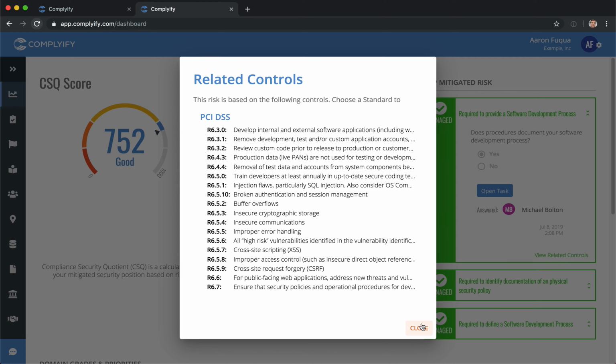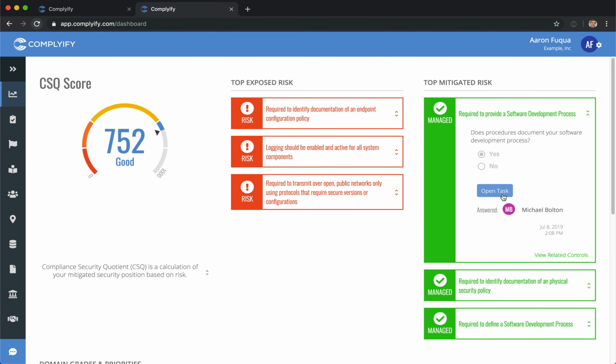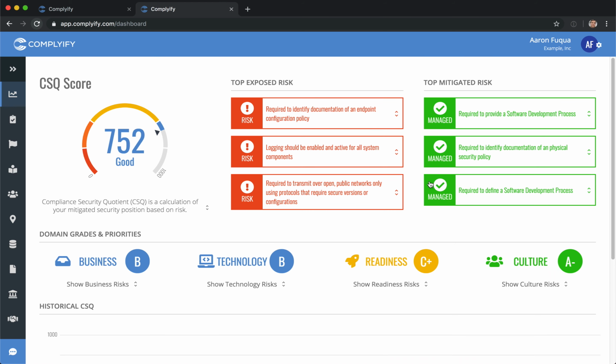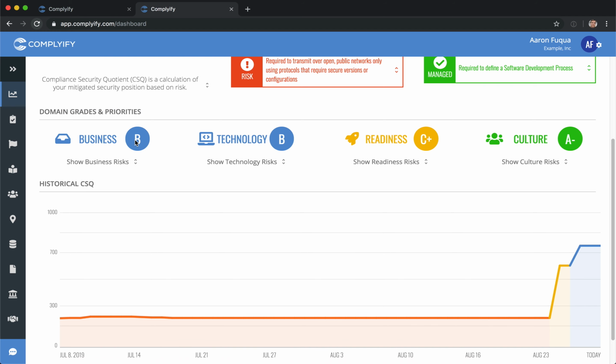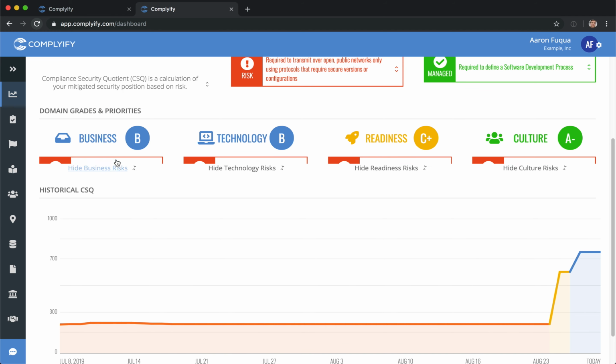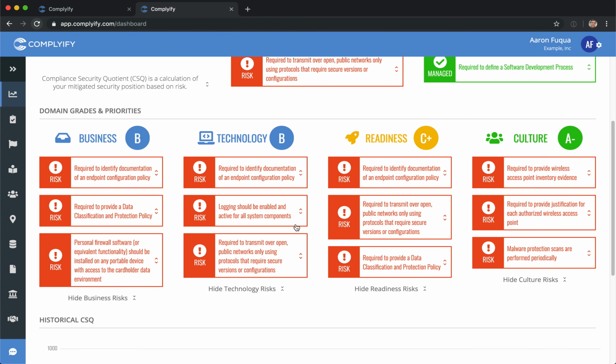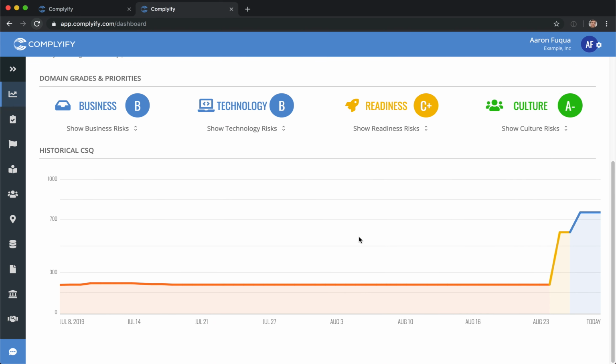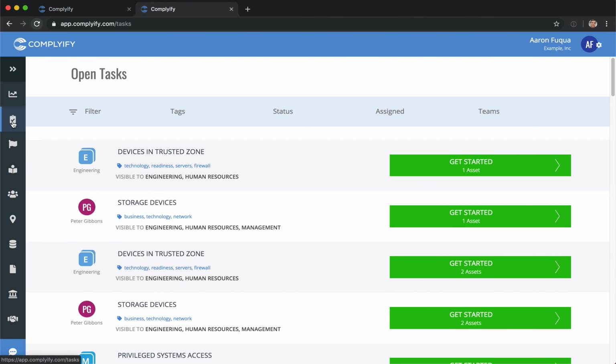You can click on any related controls and see what the standards require when it comes to that piece of data. Domain grades break down these risks and show for each of these 4 different domains the top risks that can be addressed to benefit that portion of the business. At the bottom of the dashboard, you'll see a history of what your CSQ score has been over time up to the last year. We will now navigate to the task view and work a task which would improve that